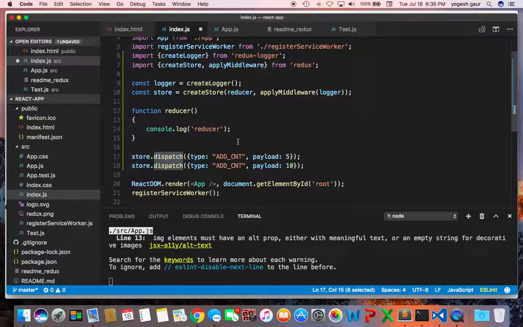Just something to note for Redux, you have to have type as one of the properties, and in here you can name anything. I'm just calling it add counter to be able to show something, and in the payload you can have an object, but right now I'm just having a number, 5 and 10. So let me demonstrate to you how this works,